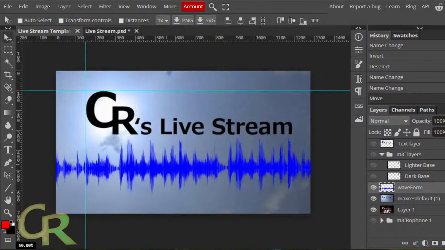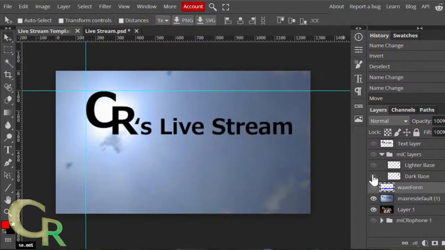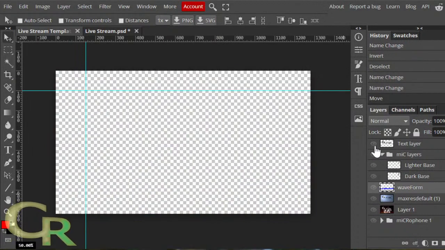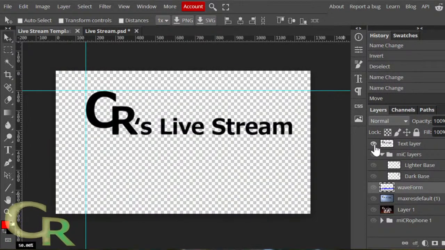I'm just erasing what one just had here. Waveform, yeah, that's good. We should see, I got the text in there, separate. I can add the microphone in there and put this wherever I want.